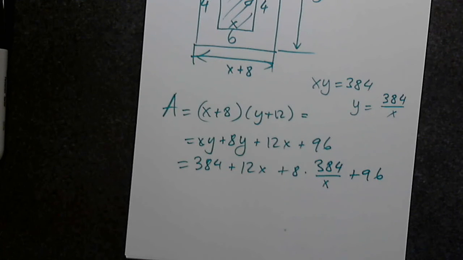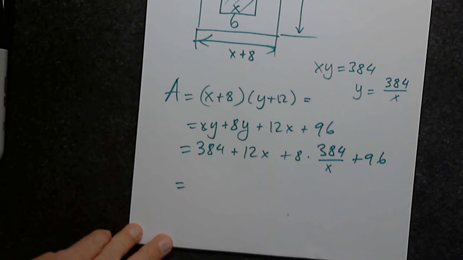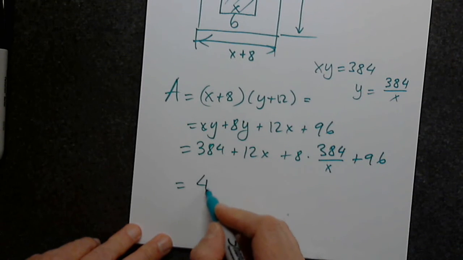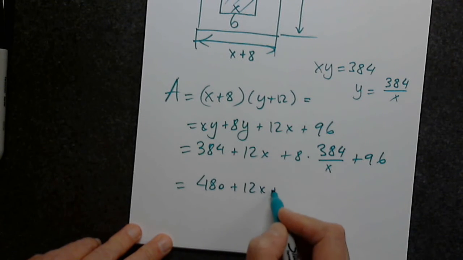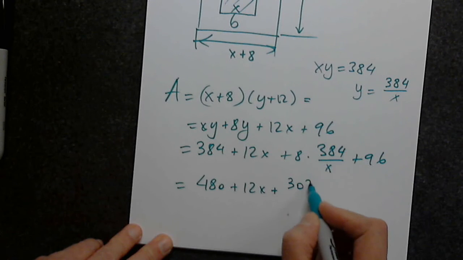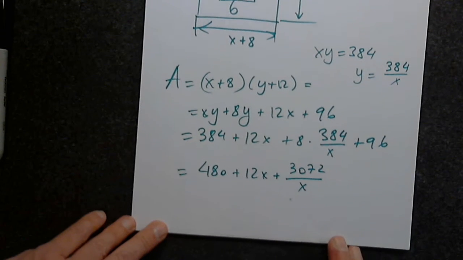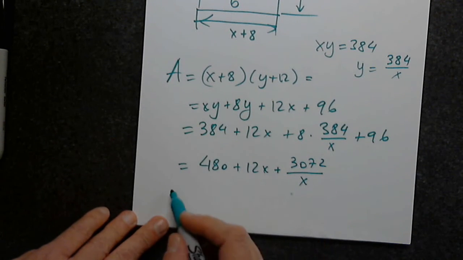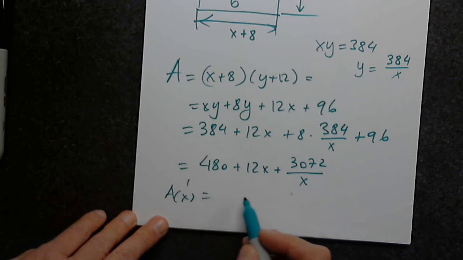And what do I get? So I have 480 plus 12x and plus 3072 divided by x. So now this is indeed a function of x, and now I can differentiate and get